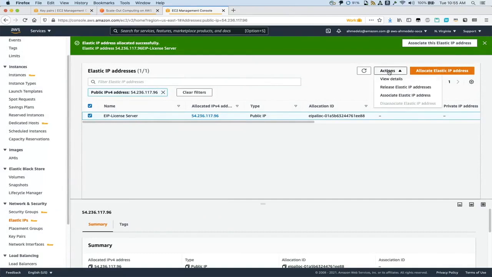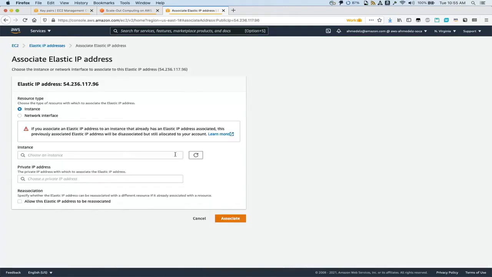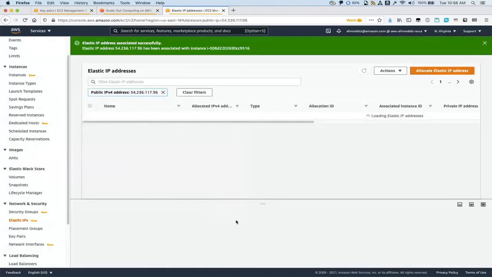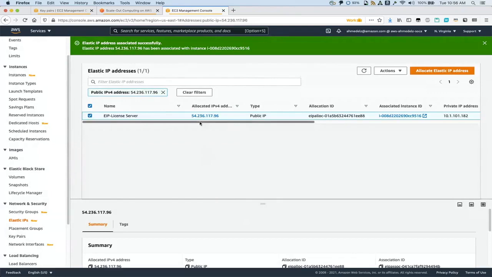And then we go ahead and click Actions and say Associate Elastic IP address. Now in the instances, we search for our license server and attach it to it. And then on reassociation, you can say that we want to allow this elastic IP to be reassociated. Basically, that would allow us to move it to a different instance, for example. So now we hit associate, and it is associating this IP address